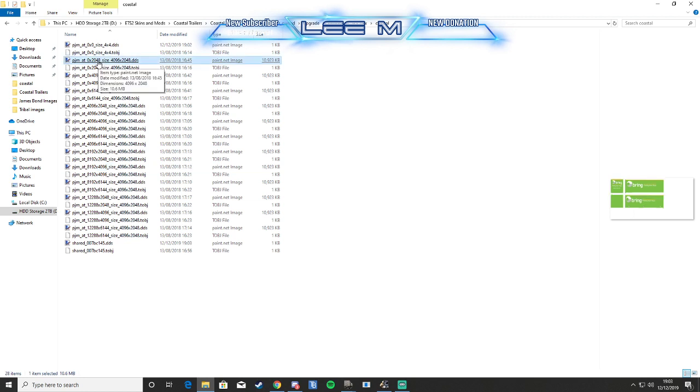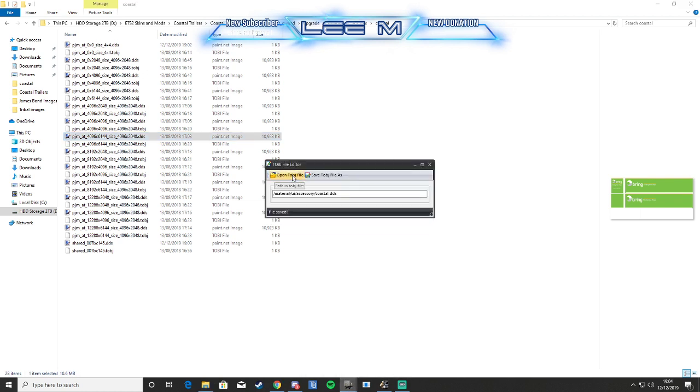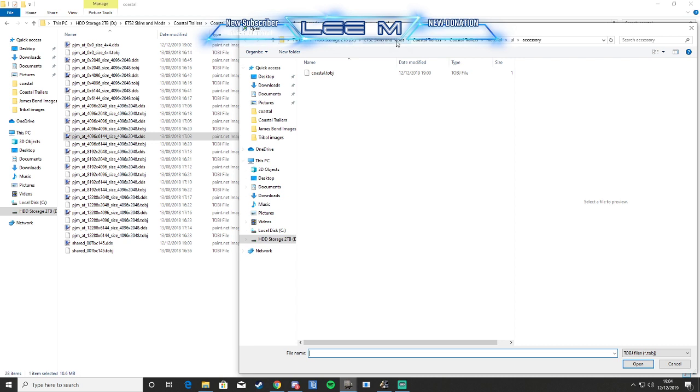What we could do is make the skin now, or we could get the boring bits out of the way and rename these TOBJ files. So let's do that, and that way we can have some fun and games. So we're going to open TOBJ file again. We're going to go into our vehicle folder,